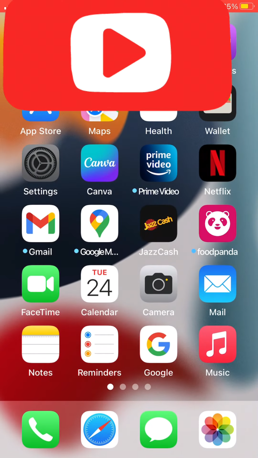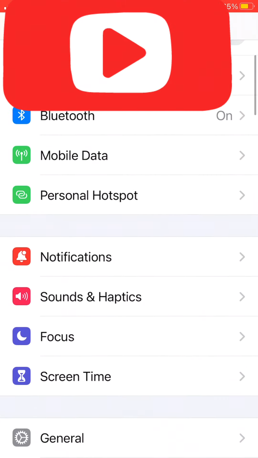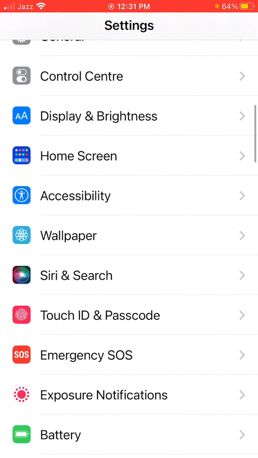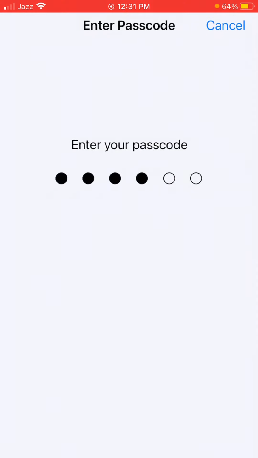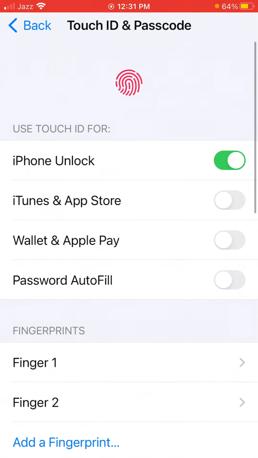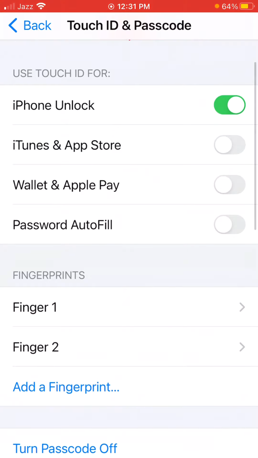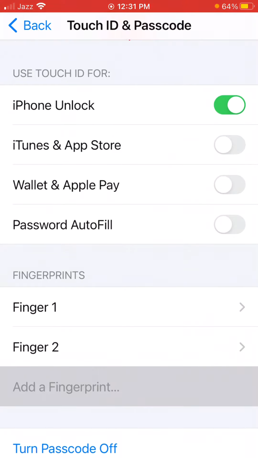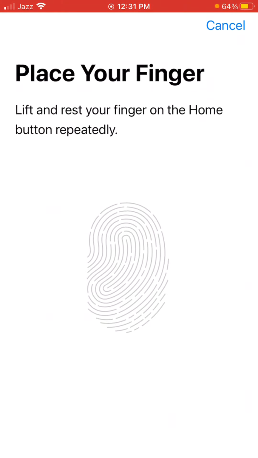open your settings, scroll down until you see the option Touch ID and Passcode. Just tap on it, enter your passcode. After that, you can see on screen that first you should enable your fingerprint by adding a fingerprint. After adding your fingerprint,